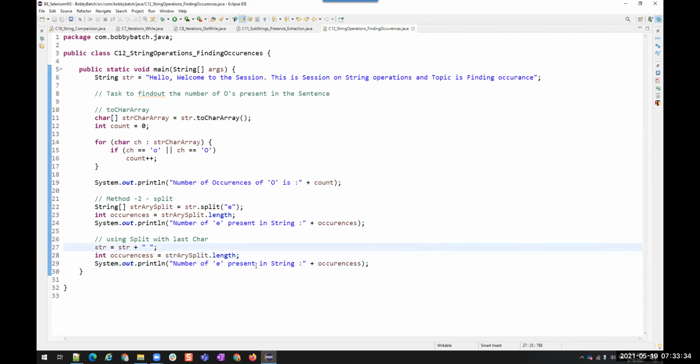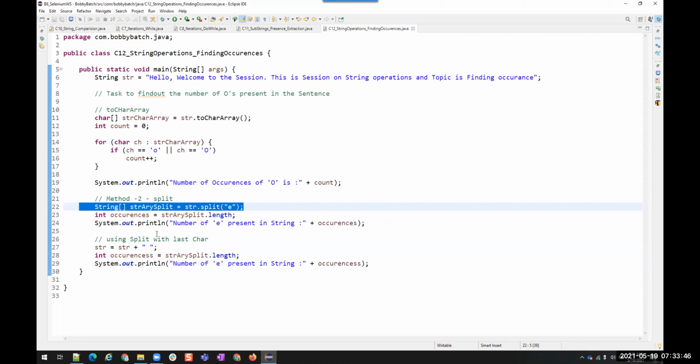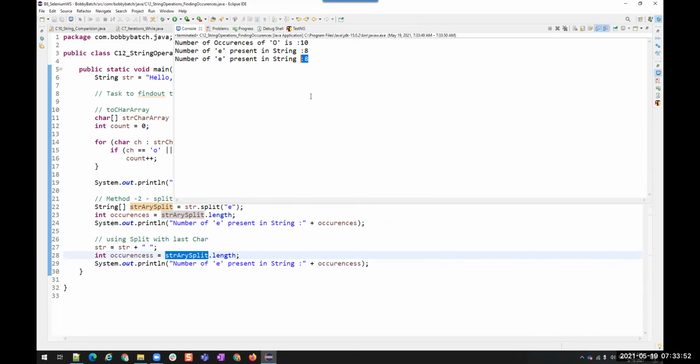That's all. Number of, oh, okay, I have to use the split as well. Yeah, I can. Already we are doing it here, the same array, so it will work here as well. Now see it. Is it giving the correct count? Number of e's.